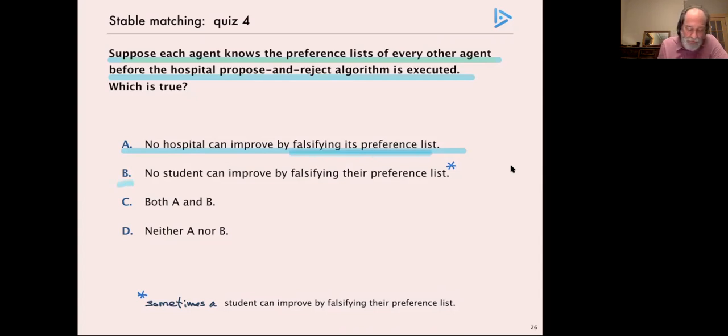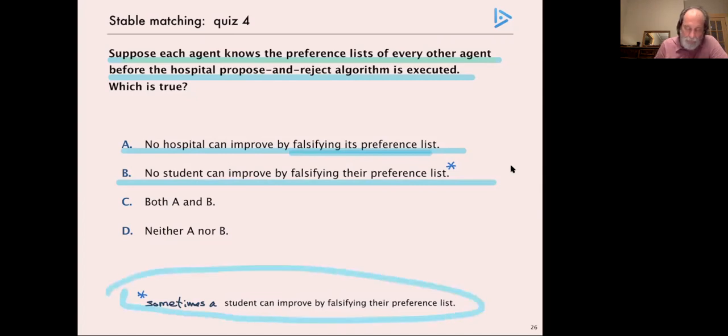The student's a different situation. So can a student improve by falsifying their preference list? I don't have a proof at hand, but sometimes they can. So sometimes a student can improve. Intuitively, you can imagine the student knows that they're going to get their worst possible choice. If they know everyone else's preference lists, they may be able to lie,